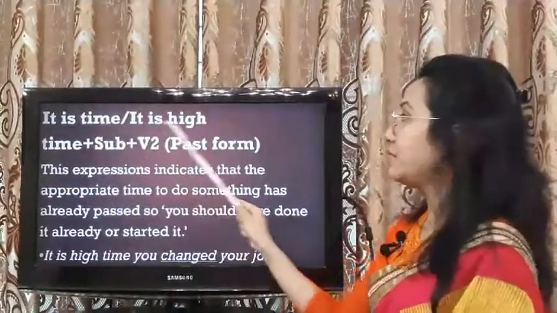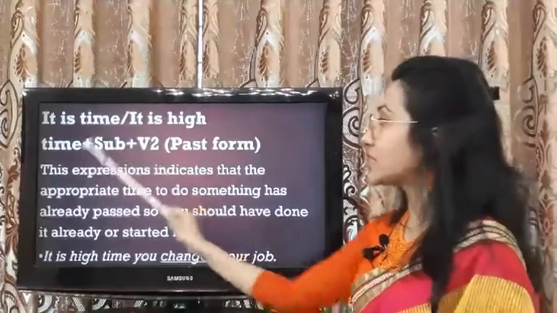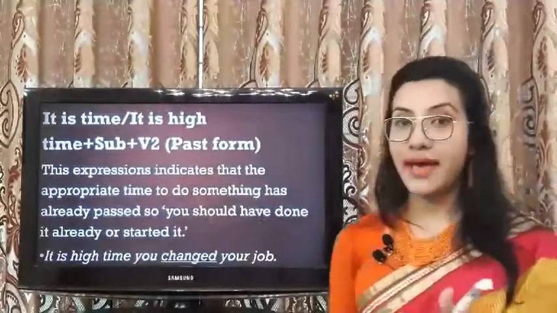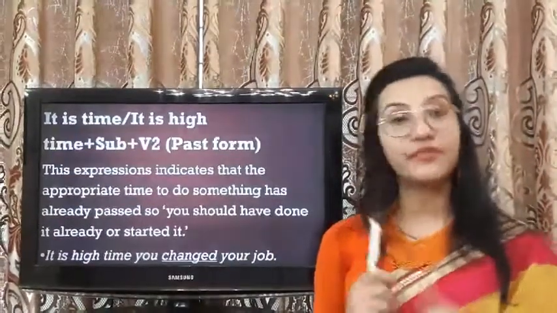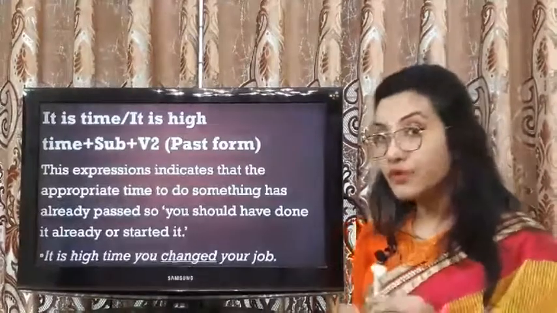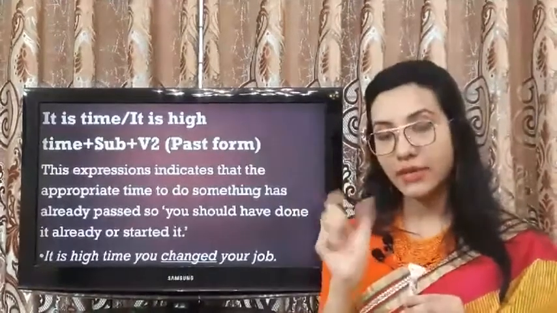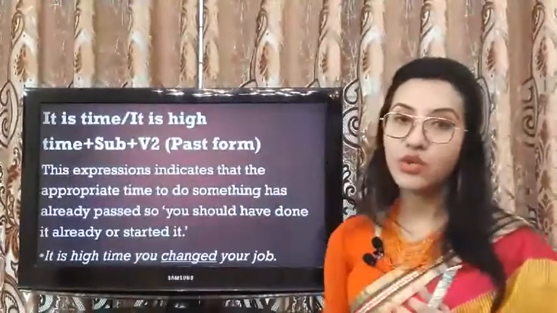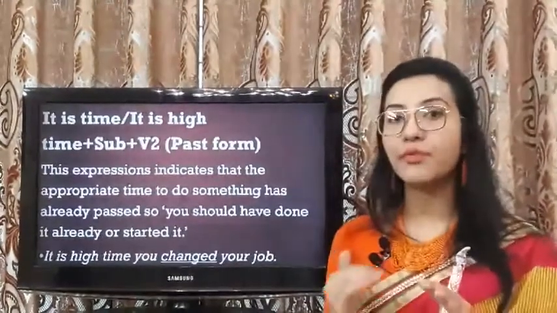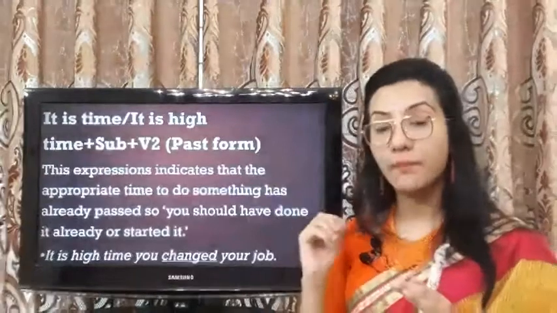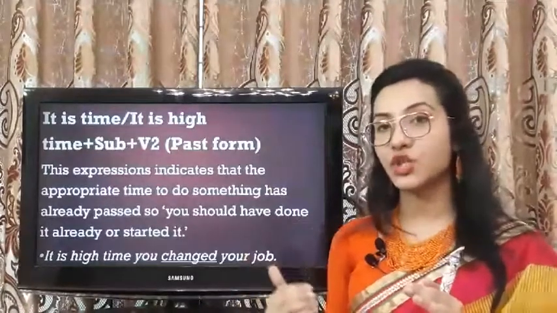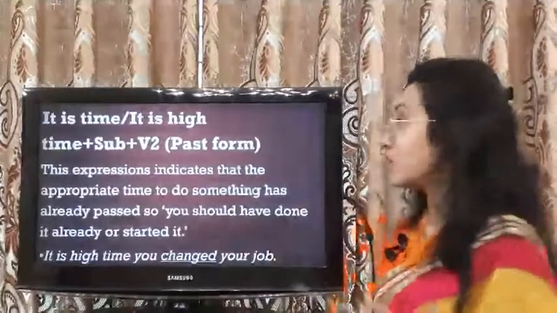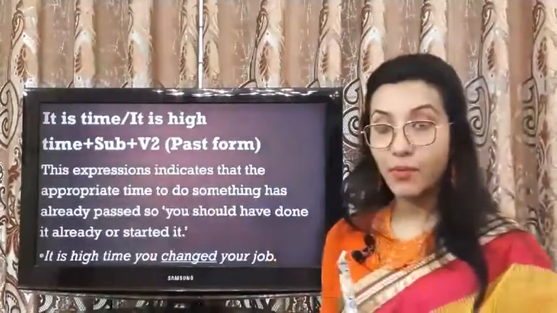It is time, it is high time, then we have subject, then we have V2. So in the exam, what do you have to do? You just have to fill in the blanks, right? So if you see there is a blank, and after the blank there is "to", then we have verb V1. So it is easily understood that if the appropriate meaning is connected, or preferable with the meaning, then I will use "it is time" there. But if you see that there is a subject and then V2, the past form,